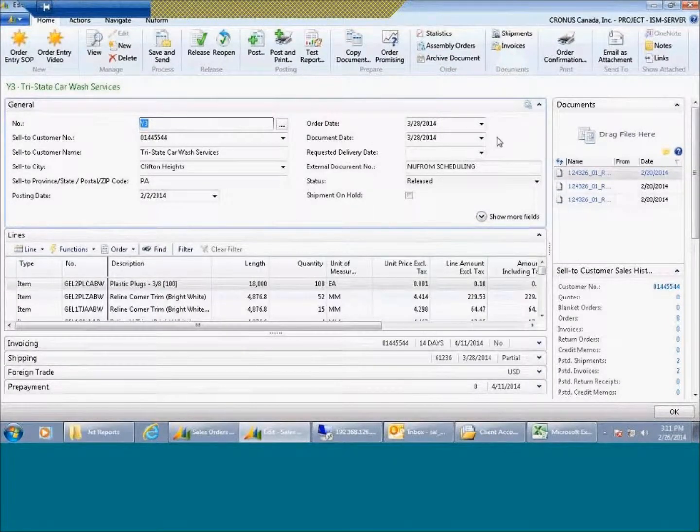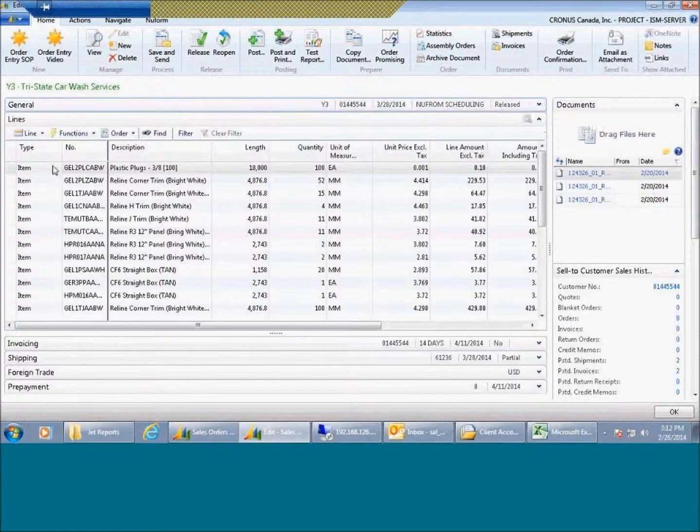So if we take a look at the sales order, just from an overview standpoint, you're going to have an order number, you're going to have a customer, he's going to want it on a particular day, and there's going to be a PO, hopefully. Then, I'll just collapse that. Then you're going to have a list of things, products or services that you're going to sell him, quantities, prices,